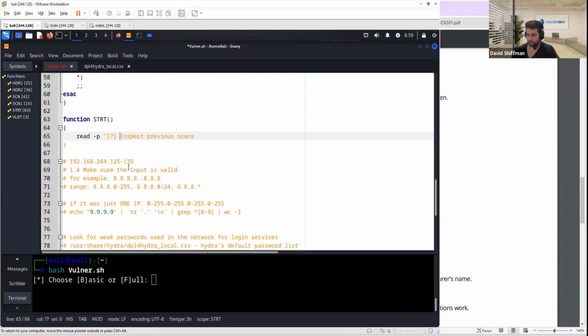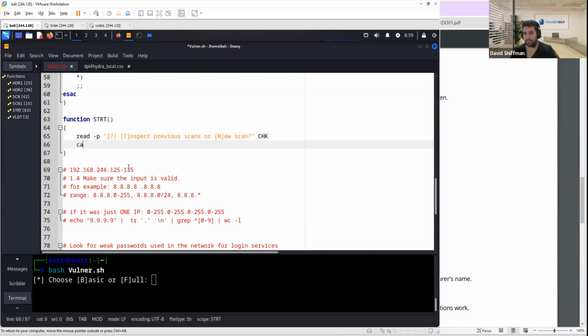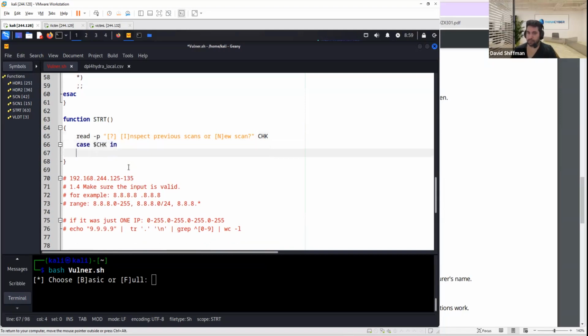Let me even just do I for this, or new scan. And then whatever the user will give us, we'll call it check also. It doesn't really matter because it's going to be overwritten. And then I can just do, again, case $check in, and then I can do